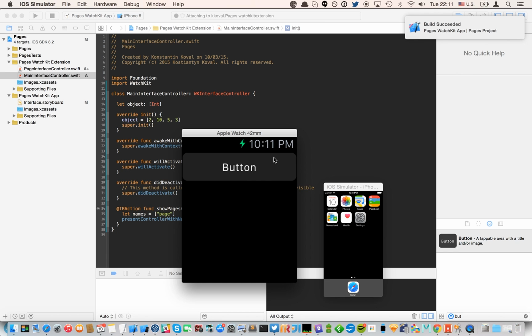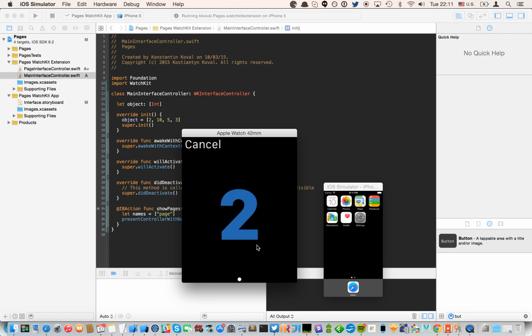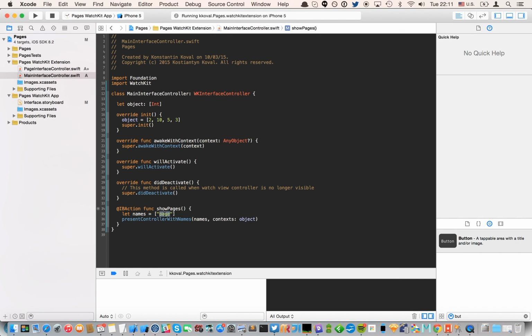But the problem here is that we only show one page, but we have 4 objects and we want to show 4 different pages. And why does it show 1? Because it contains only one page in this names array. So if we want to have 4, we should have 4 objects, 4 pages here. And I think it's always best practice to send the same size of pages and context names for objects we will send to this page and they will be created. So, but yeah, let's start first. We want to have the same number of pages as we have objects here. So what we do,